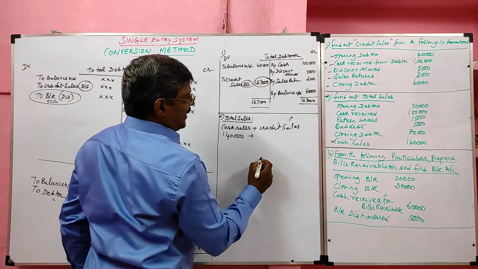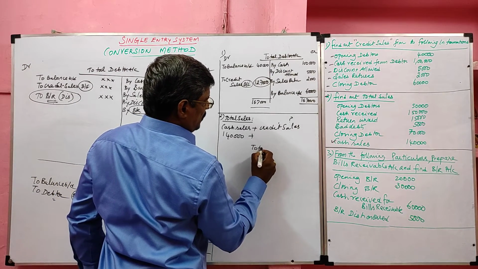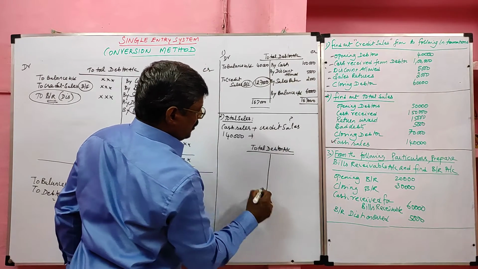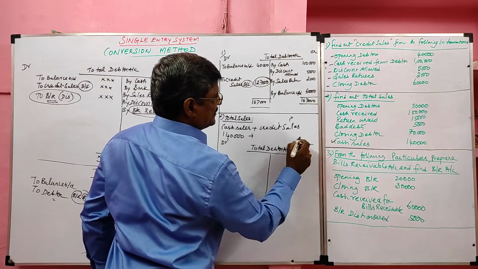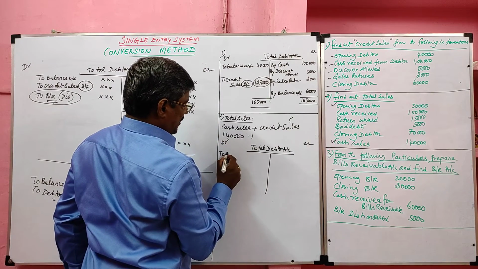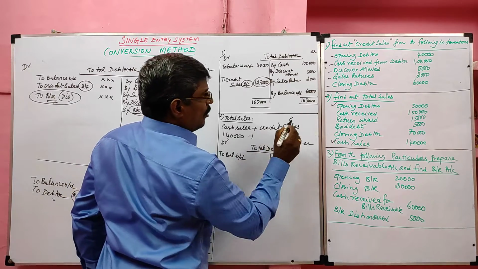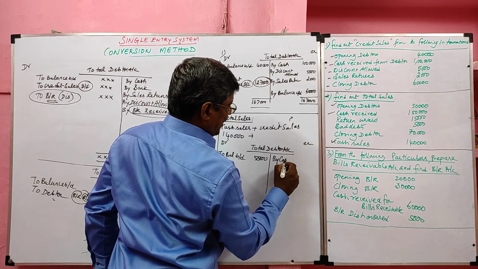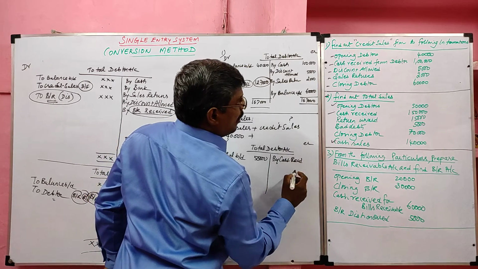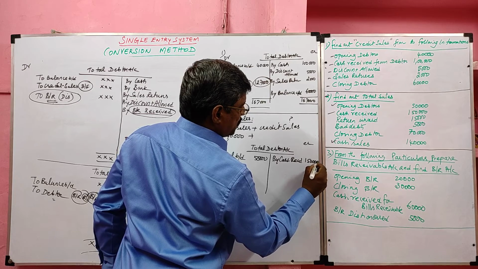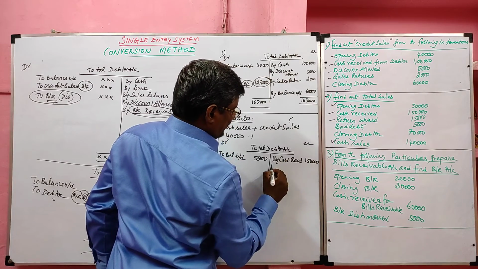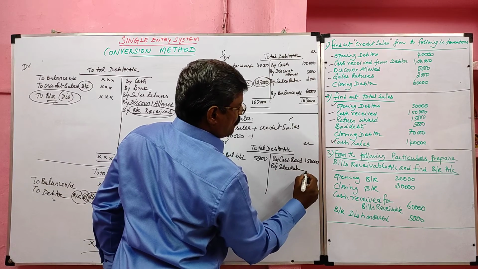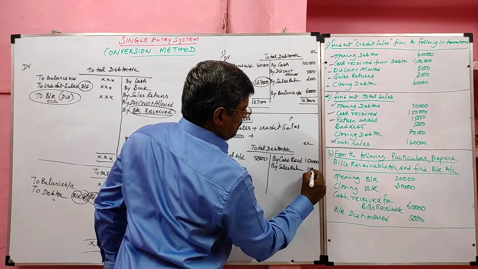Now I am going to find the credit sales with the help of the total debtor account. As usual, this is the debit side, this is the credit side. Opening debtor appears in the debtor account, debit side, 50,000. Cash received will be on the credit side, 1,50,000 rupees. Next, return inward, that we call sales return. Return inward is nothing but sales return, 15,000.